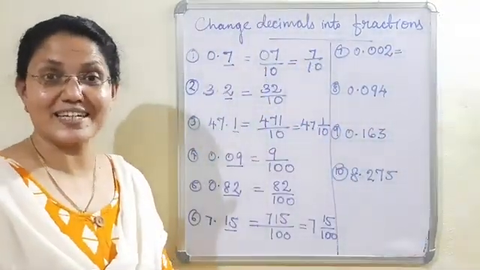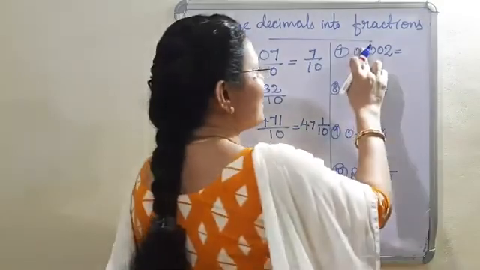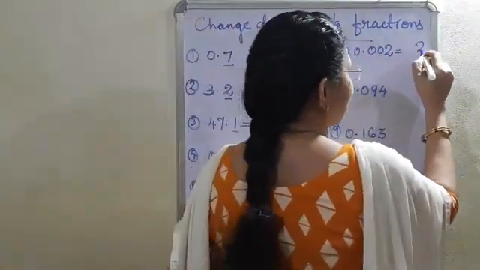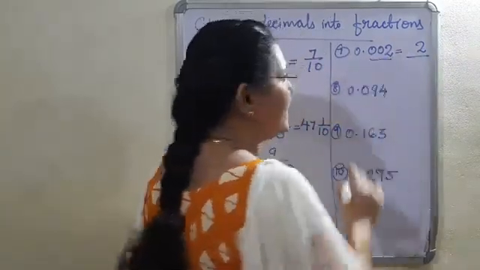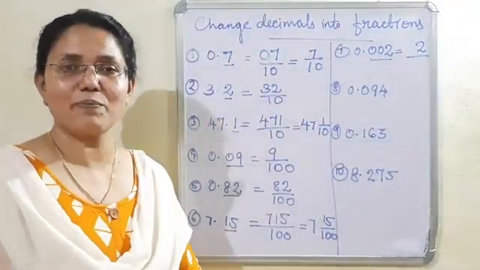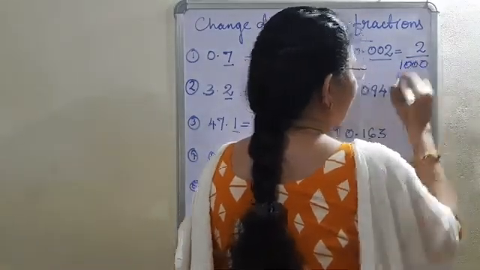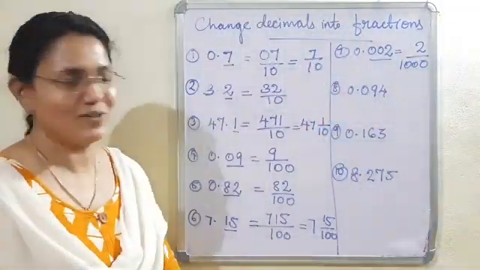What is the fractional form? Yes. First, remove the decimal point, 002. Then we can leave that 0, 2. By how many decimal places? 3 decimal places are there. So that its denominator is 1000. 2 by 1000. Okay. Next,